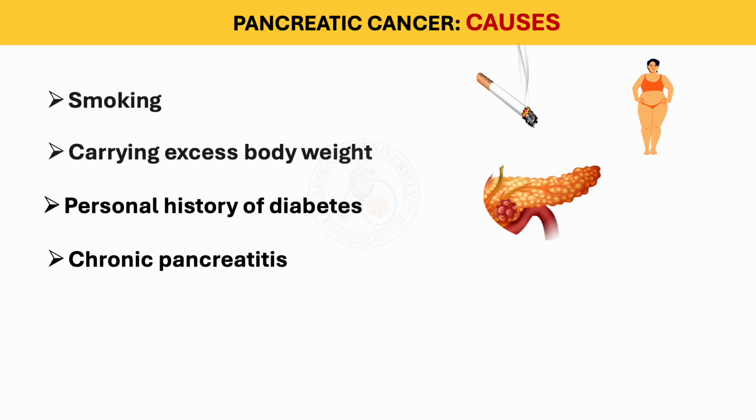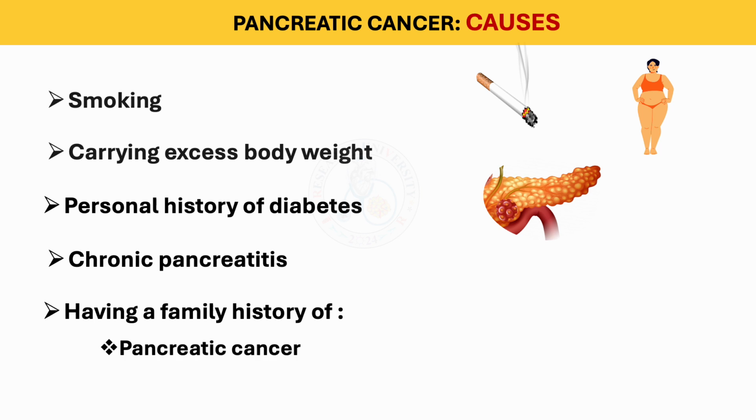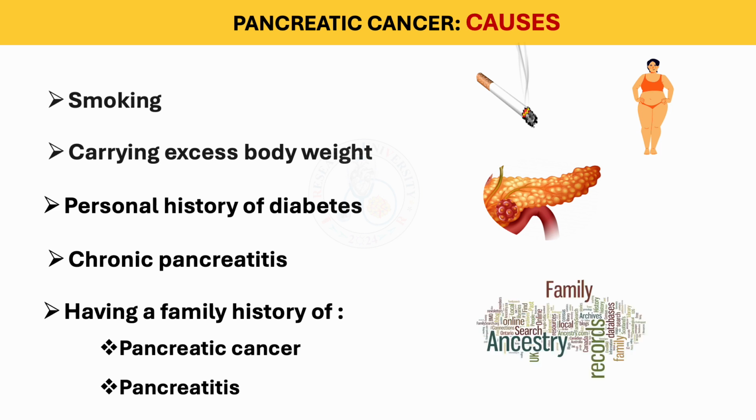Another important factor is family history. Having a family history of pancreatic cancer or pancreatitis can also elevate the risk of developing pancreatic cancer. Inherited genetic mutations associated with familial pancreatic cancer syndromes such as hereditary pancreatitis or Lynch syndrome can predispose the